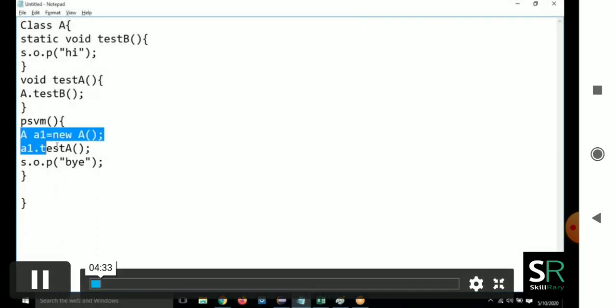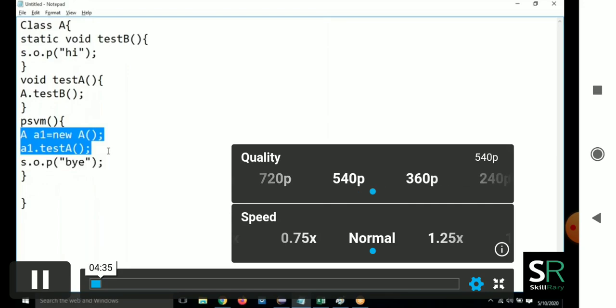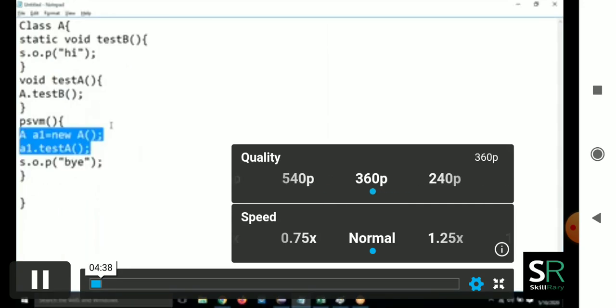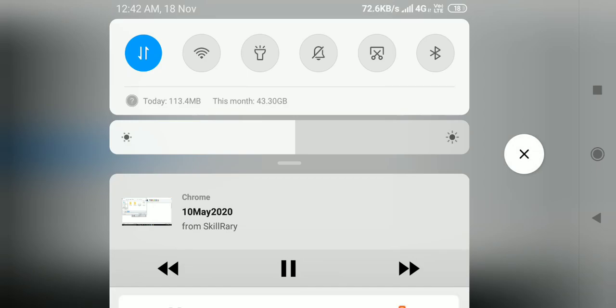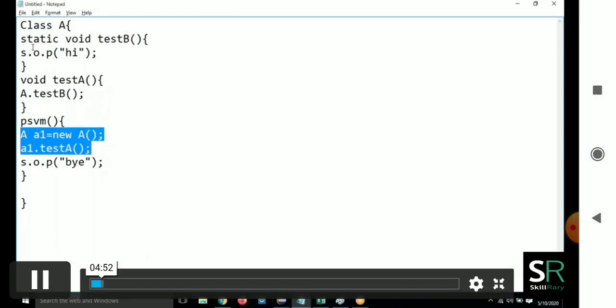Now tell me how to call. Now I want to call the testA method, or I want to print i. You tell me how to print i. Here again there are two options.